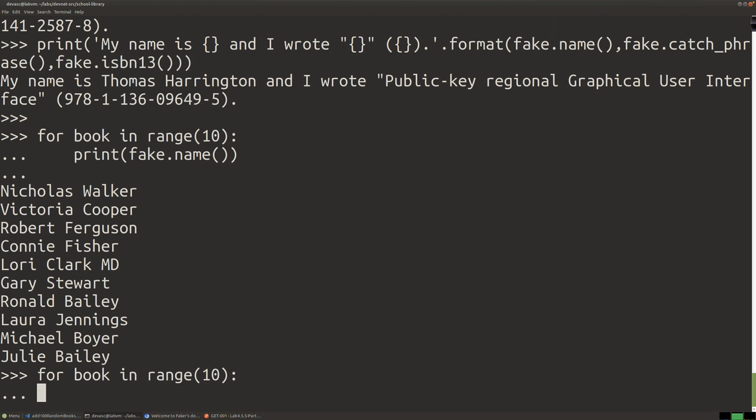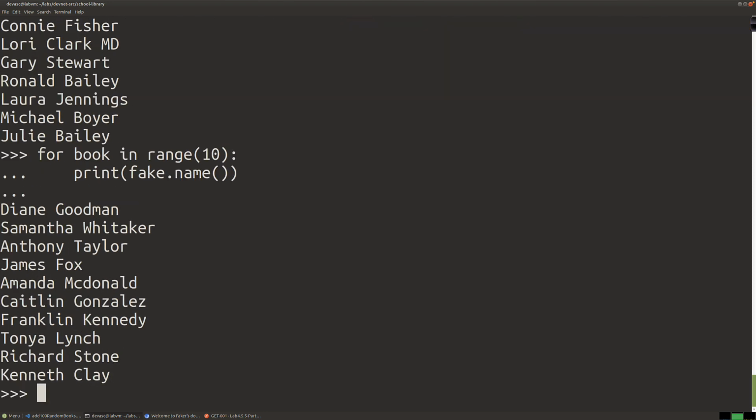So if I ran that again, it's going to give me 10 different names. Now that you see how we could loop through with a for loop here, or iterate over a range, and I can generate